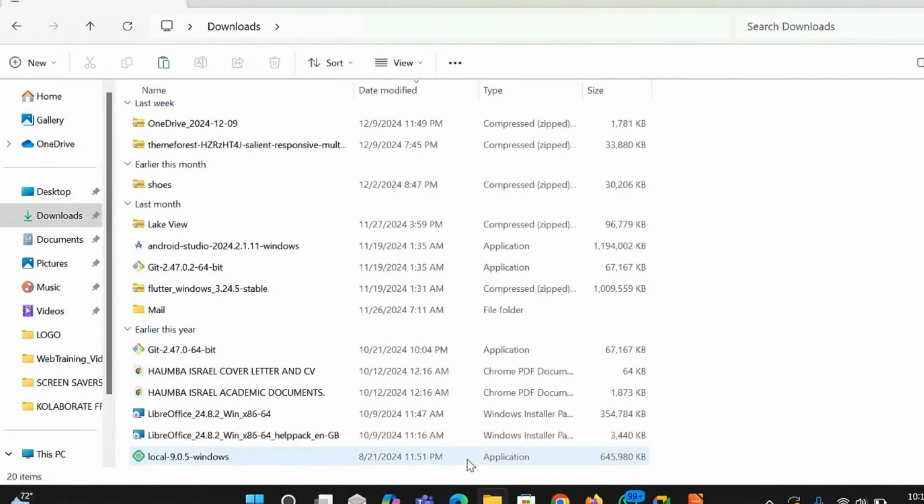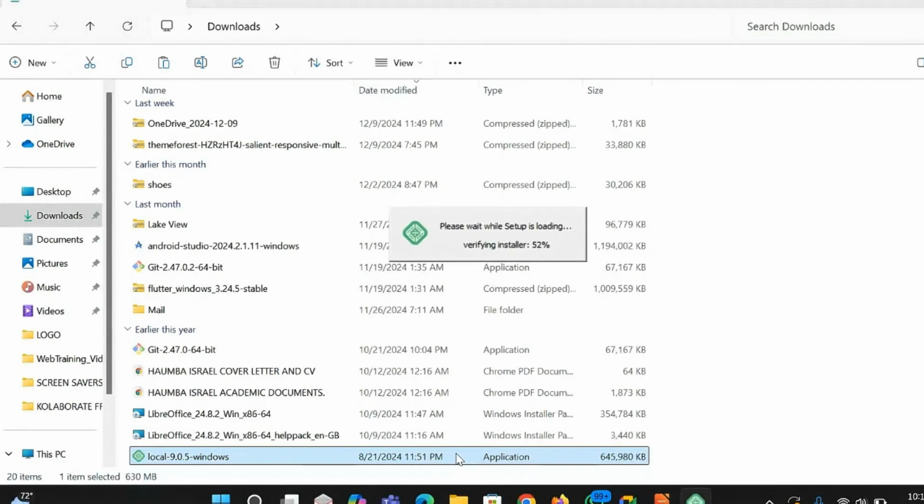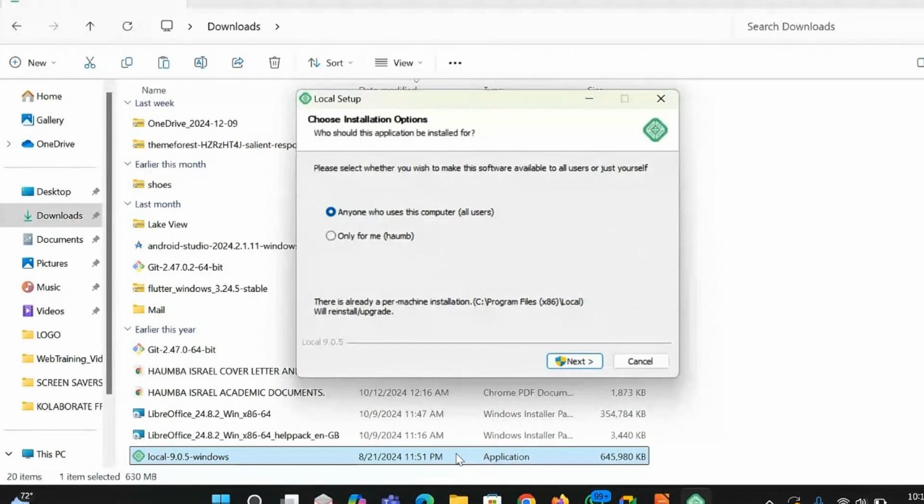Okay. So after downloading it, you install it. To install it onto your computer, just double click on it, or left click and click open, and then it will start the installation process. Success, please pay attention. Once you double click on the item that you've downloaded, it will look like this. It will have a green icon that says Local, the version, and the operating system, which is Windows. I'm using Windows, so I downloaded the Windows version of the application.